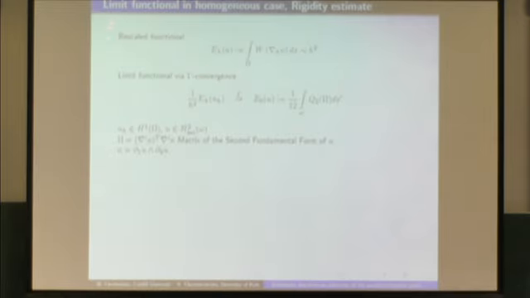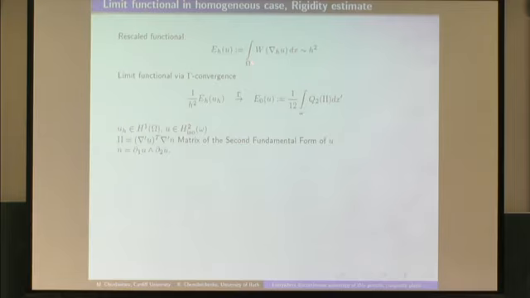So I'll just explain what they get in this regime for a homogeneous plate. So we can rescale the functional. Basically, we rescale the transverse variable x3 by multiplying by h to the power -1, so that it belongs to the interval I. So omega is the rescaled domain. We have to rescale the differentiation with respect to the third variable as well. So that's why we put index h next to the gradient.